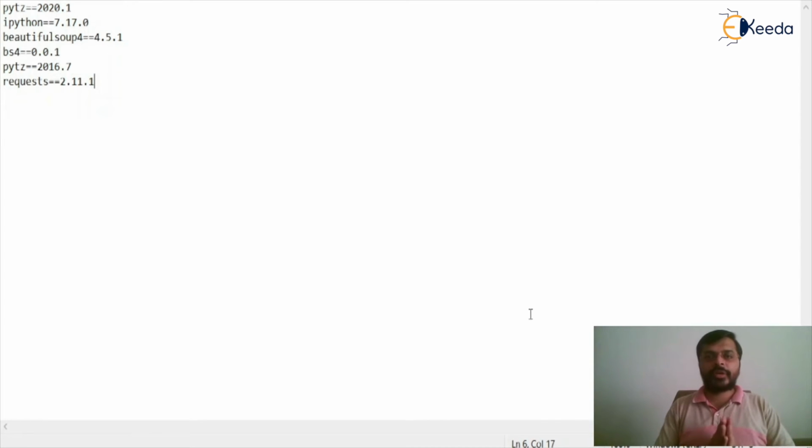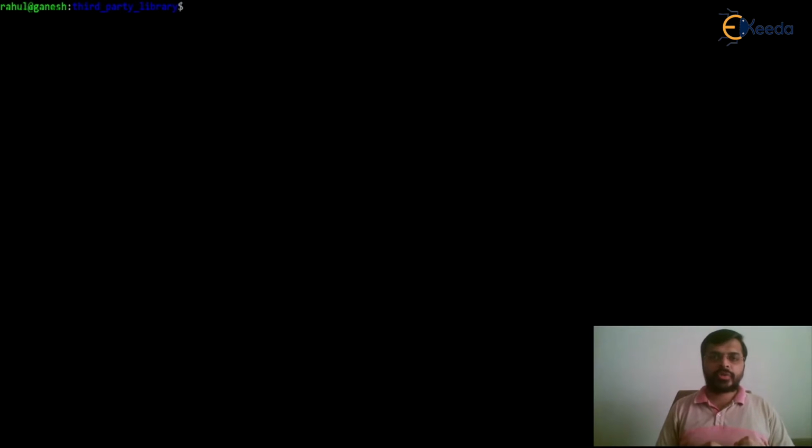So let's see how we can use this requirements.txt file and install all these requirements on our machine. We have to make sure that the requirements.txt is present within the same directory inside which we are running the command. If it is not present within the current directory, we will have to specify the entire path of the requirements.txt file. Let's use the pip3 command and the requirements file and try to install the requirements mentioned in the